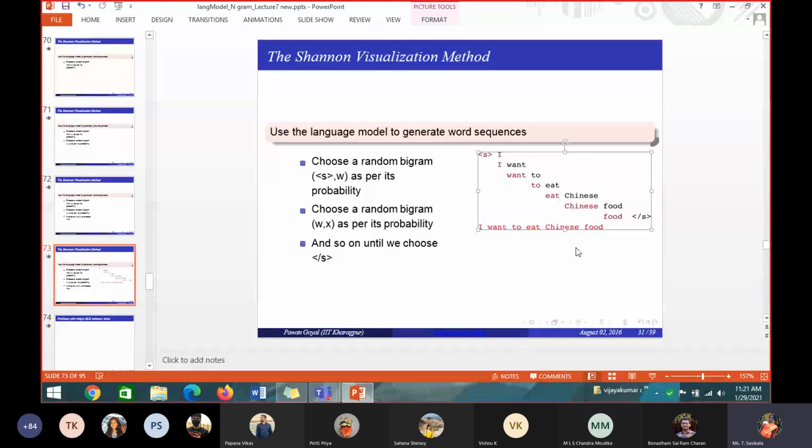So first I have found out the first bigram. Next, what do I have to do to complete the sentence? I have taken two possibilities: start of sentence, followed by I, which has the highest probability. So this I have identified. Next, what do I have to identify? I with, bigram means what?